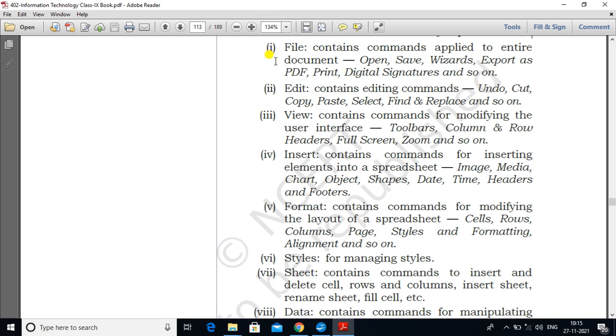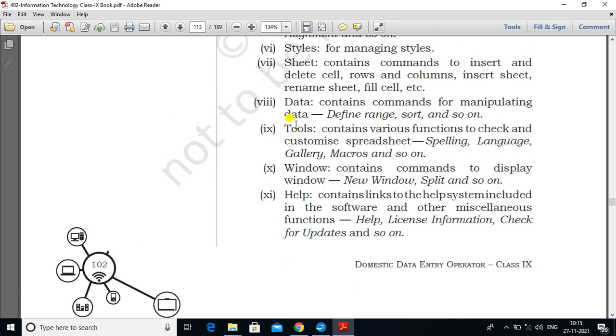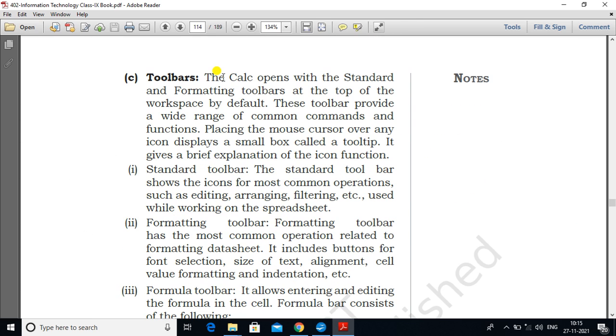All these we already discussed in the last class. So today we are now going to start the toolbars.